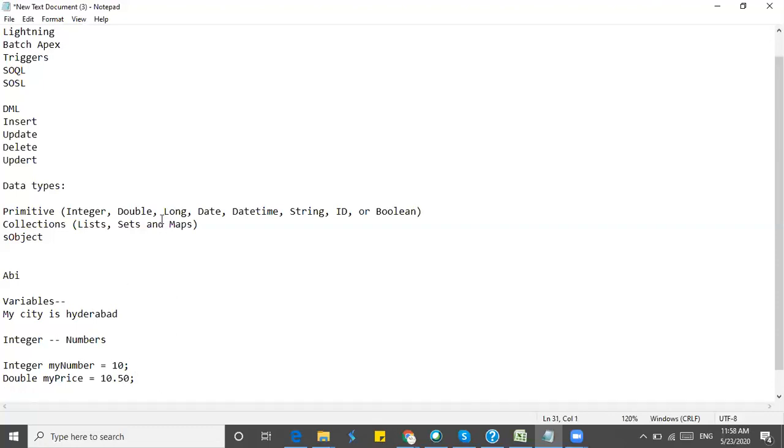So the next thing is long. Long is the same as integer, but it will accept a large number of values. There is a limitation for integer.